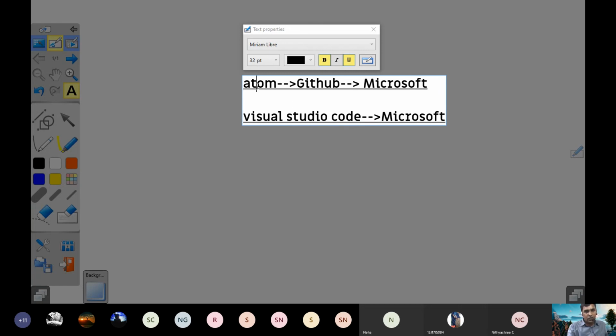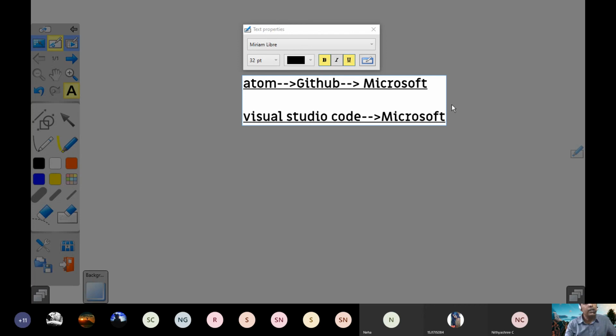So that means right now, whether you use Atom or Visual Studio, who is the proprietor of that? For Atom also, Microsoft is the proprietor. But Atom was developed by GitHub as open source. Right now, both Atom and Visual Studio are open source, free software, and both are cross-platform. You can install on Windows. Visual Studio Code can also be installed on Linux. Similarly, Atom can be installed on Windows and Linux. Both are open source and both are cross-platform.